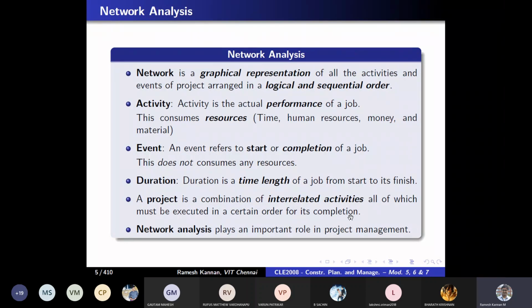So I'll explain it to you with an example. The network analysis is how you make use of your network to understand and interpret the different components of the network and the time frames associated with the activities. That kind of computation is what we generally call network analysis. Right? So we'll be taking a look at that maybe in tomorrow's class. We'll be solving a network diagram. Then you'll understand much better.